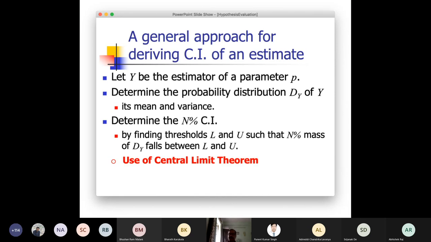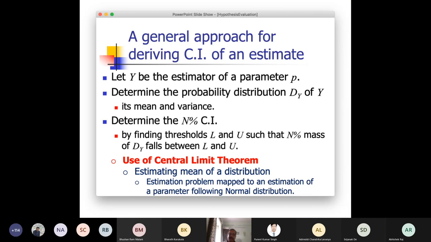There is a theorem called the central limit theorem. Many of you know that already, and you can also consult a book of probability. This theorem is very interesting and very powerful, and it can be applied in very generic situations. What it says is that if you consider the estimation of the mean of a distribution, whatever the distribution of the particular random variable may be, the estimate of that mean would follow a normal distribution. That is the central limit theorem. If you have more samples, it tends more toward an ideal normal distribution,